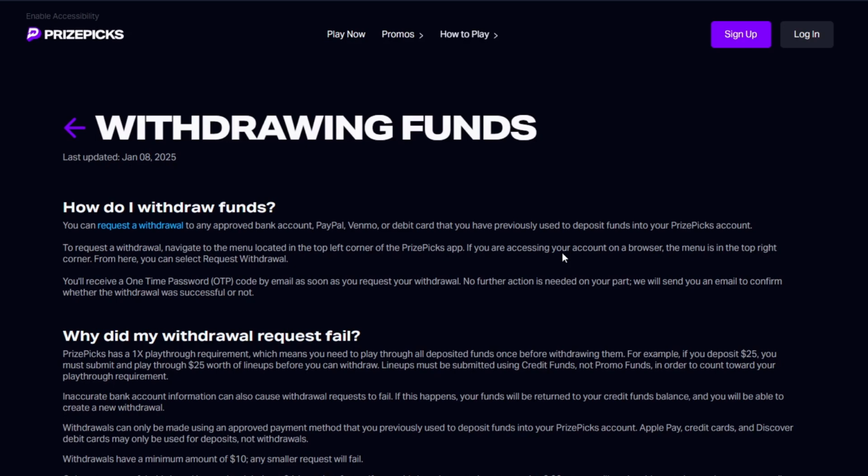Now, to request a withdrawal, you want to navigate through the menu located on the top left corner of the PrizePicks app. If you're accessing your account on a browser, the menu is going to be on the top right corner. From there, you can then go ahead and select request withdrawal. Now here comes the tricky part. You'll receive a one-time password code by email as soon as you request your withdrawal. No further action is needed on your part, and they will send an email to confirm whether the withdrawal was